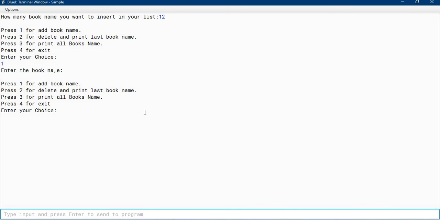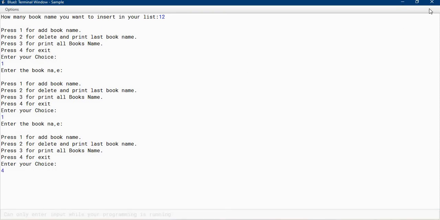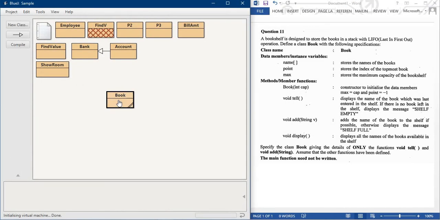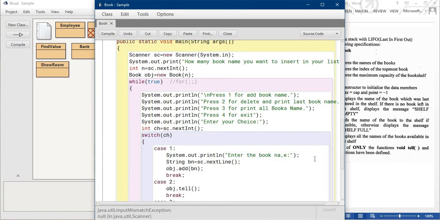Now enter the book name. So I think there is some problem in this program. Let's close the program and look again at why it's not entering case 1.